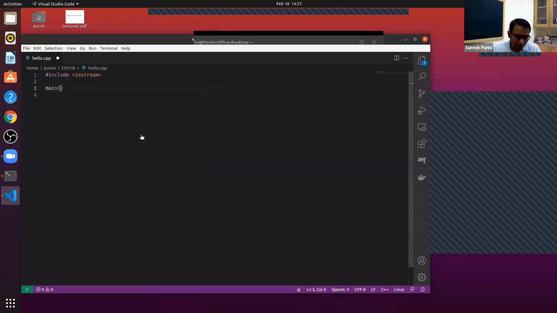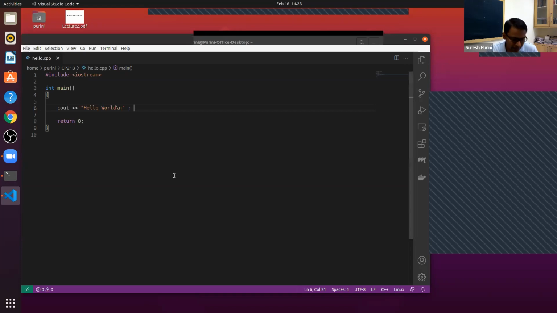Next, we have the main function, just like C, and then we return 0. In C, we use printf. In C++, we use what is called cout, which is a stream.